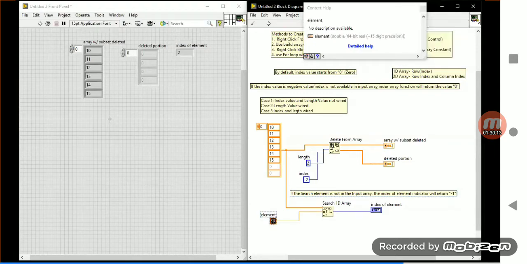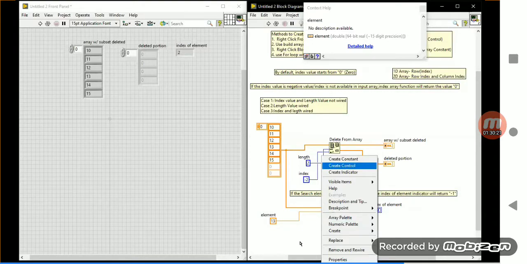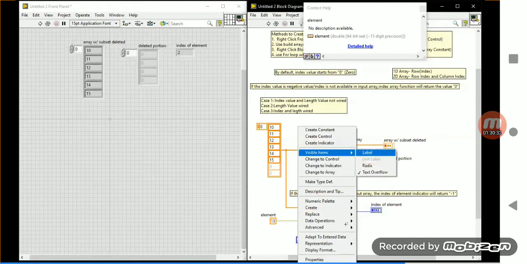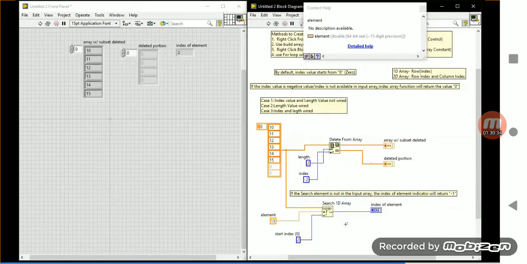So suppose I'm going to search the value 13, okay, 13, and my start index will be 2. What is the answer now? So my element value will be 13, my starting index will be 2. Now what is the answer?